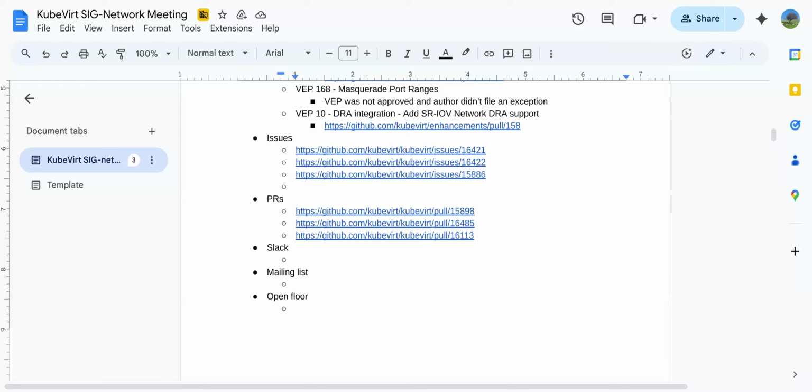And there is work now and a POC done with regards to SR-IOV. That includes DRA drivers for SR-IOV. What is the agreed API there, what you need to input there, what is the format? The format, for example, is based on the CNI spec. Should it use network attachment definition yet, or shouldn't it use it? All kinds of questions at this level.